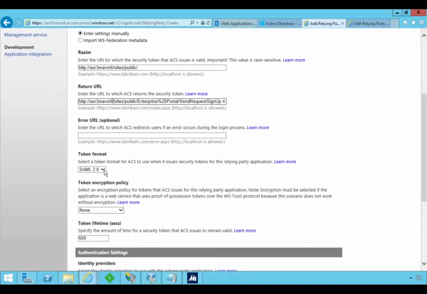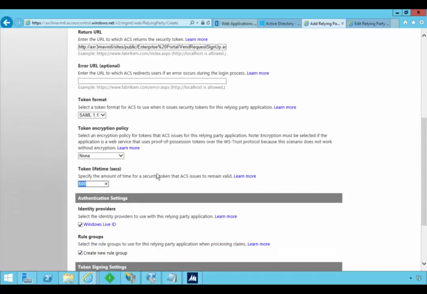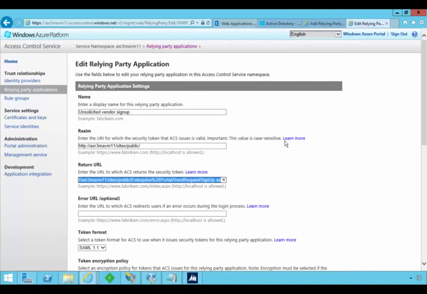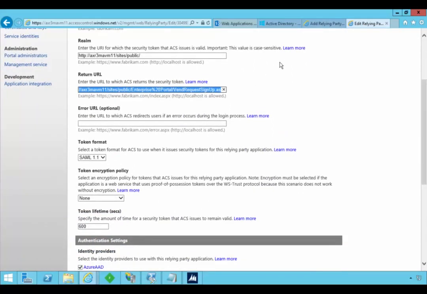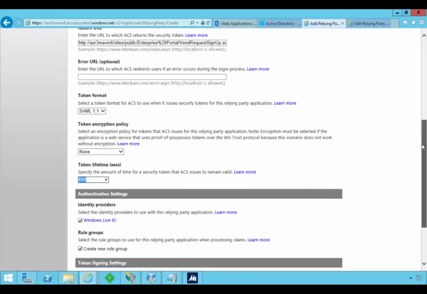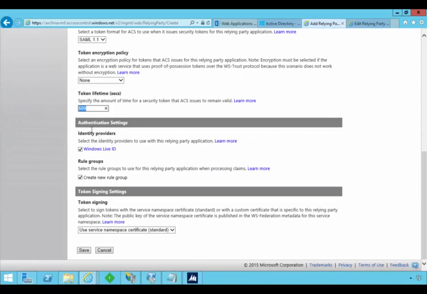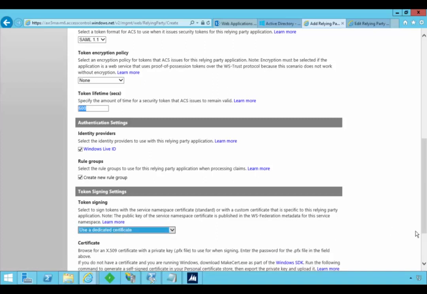Now the SAML token format is 1.1, and we don't need to encrypt it. We can change the token life if we want it to run a little further, but 600 is the default, and that will work okay. We're saying the identity provider that we're going to use is Live ID, and we want to create a new rule group for this. Now we want to create a dedicated certificate,